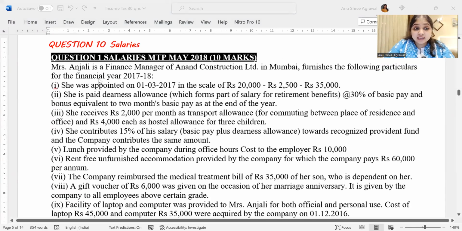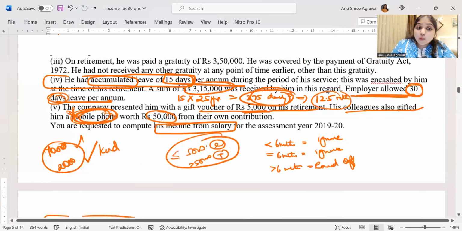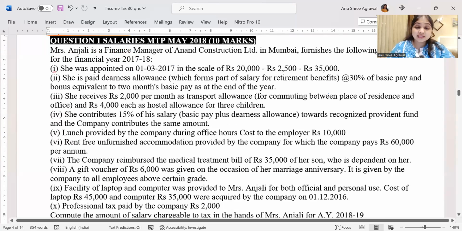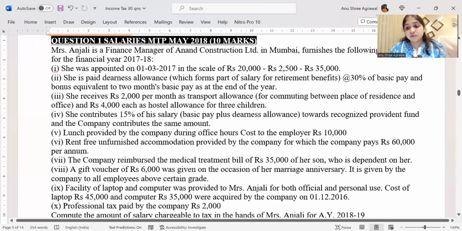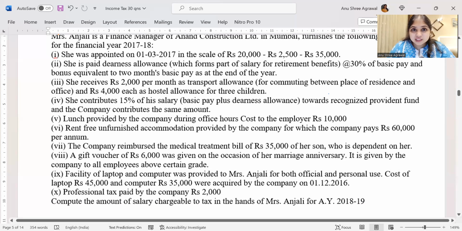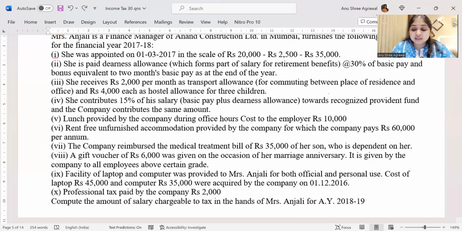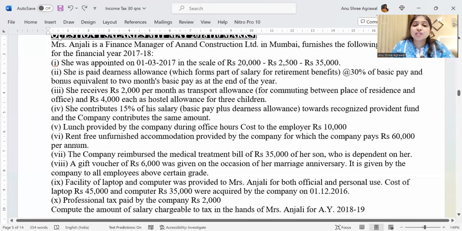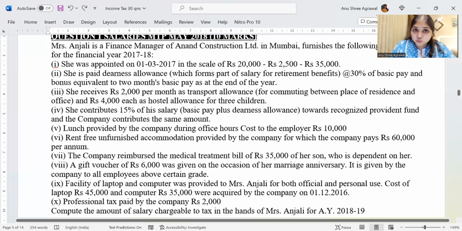Question number 10 is again from the salaries head. The last question was a salaries question, but focusing on retirement benefits. This question is another salaries question, other kinds of adjustments, all the other adjustments basically. So you're understanding the kind of questions which I've brought in. I've brought in those questions which are covering as many adjustments as possible. Had I brought 2 retirement benefits questions, it wouldn't have made sense. Had I brought 2 questions with these kind of adjustments, it wouldn't have made sense. So this way, even retirement benefits has sort of gotten revised for us. As much revision as possible is my objective through these questions.